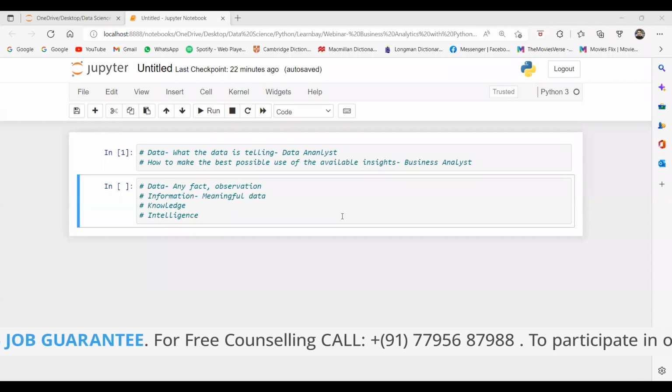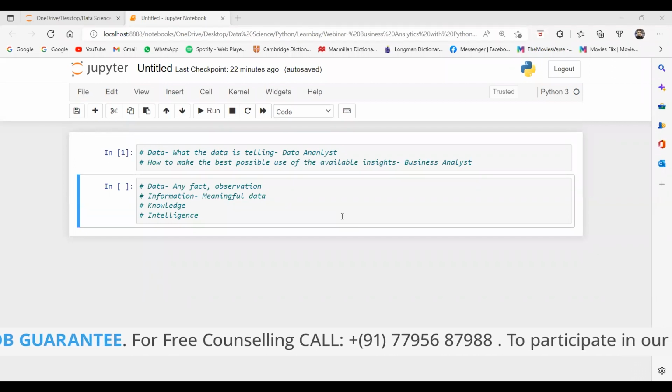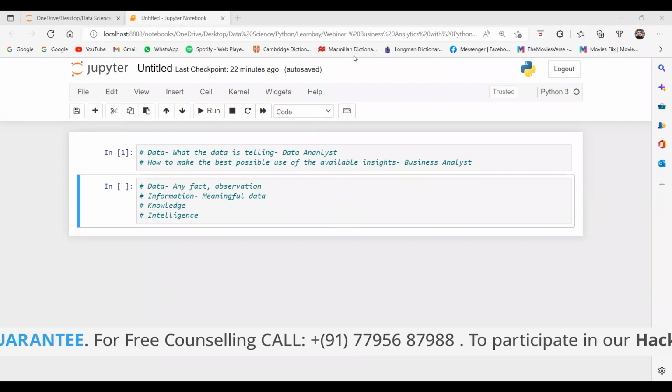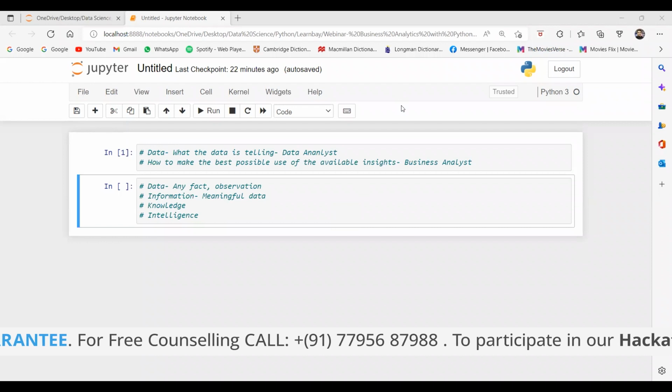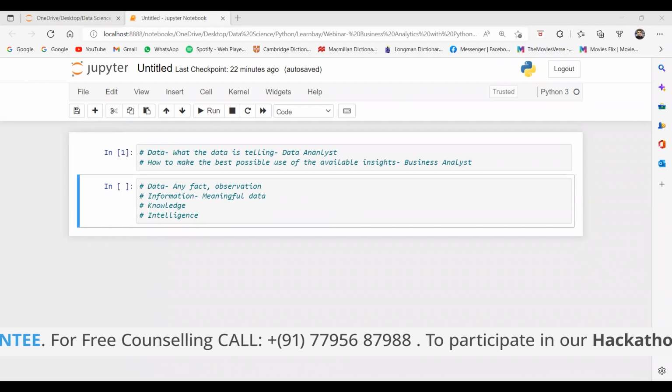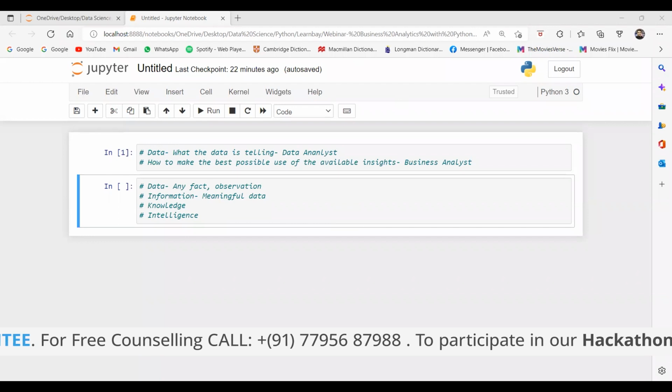So basically, the finding is a job of a data analyst, but taking methodologies and all that is done only by the business analyst? Yes. So I will explain with the help of some slides. I hope you will get to know better.